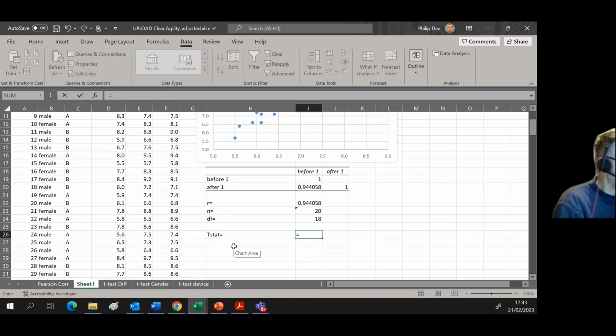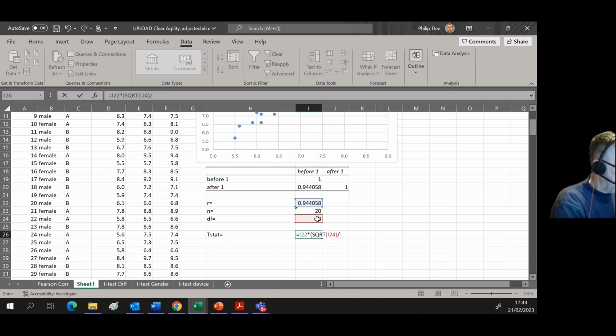So equals, and then it was R times, now R is this value, times, in Excel you use the star, which is above the 8, so I did shift 8. Then I want to put here the square root of n minus 2, so I'm going to open a bracket and put sqrt, double click, the square root of n minus 2. Well, n minus 2 is just degrees of freedom, so let's put that in there. Close bracket. I've just realized this. No, I have not made a mistake yet. Divided by